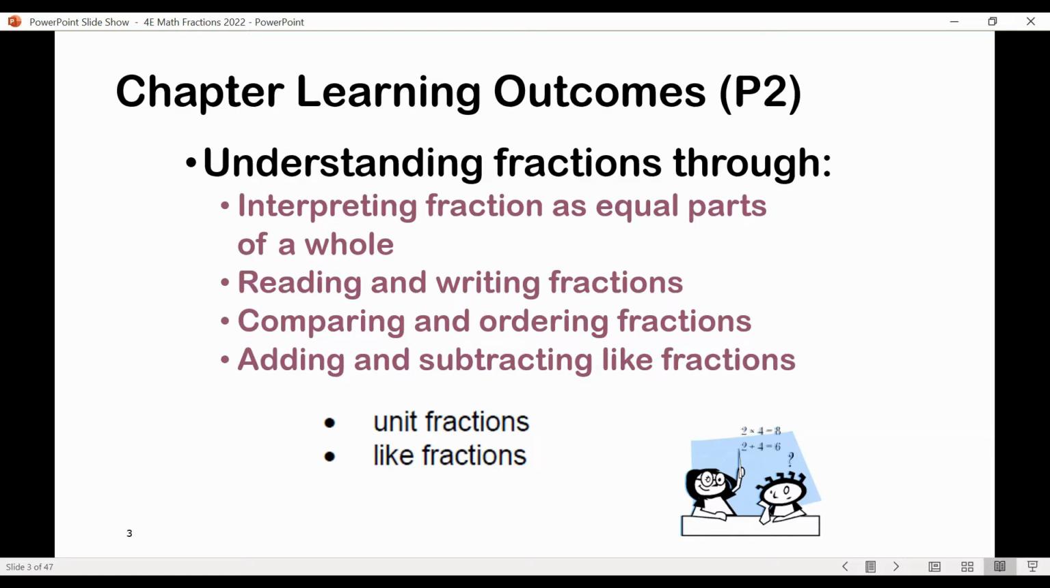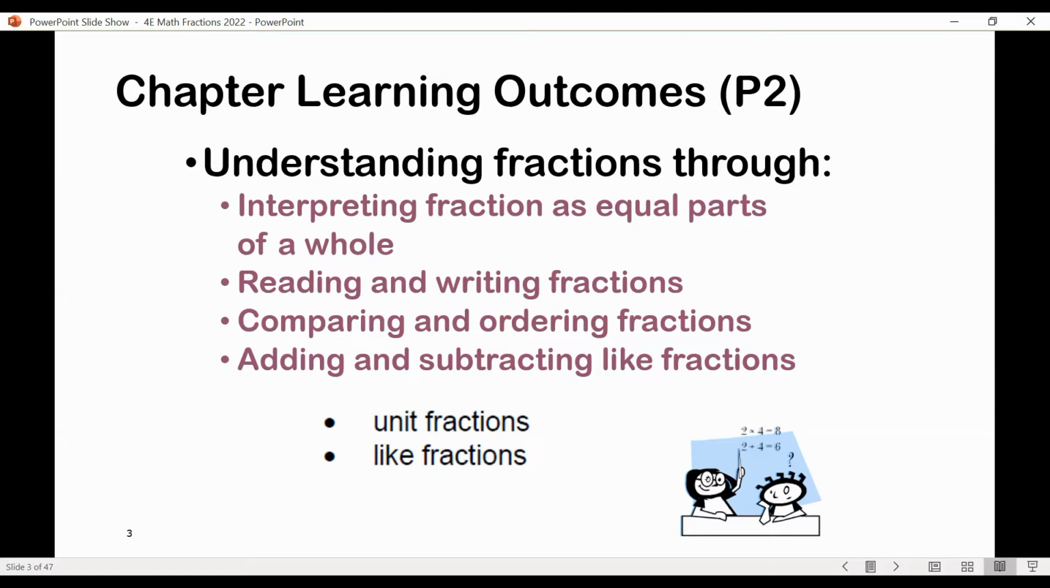Understanding fractions through equal parts of a whole. Does this sound familiar? Does the word whole sound familiar? When I talk about fractions, there's this idea of a whole, part of a whole. Does it sound familiar? Then you have how to read and write fractions, how to compare and order, and how to add and